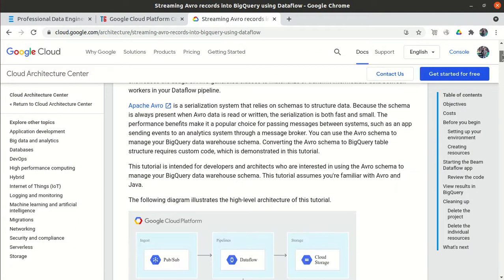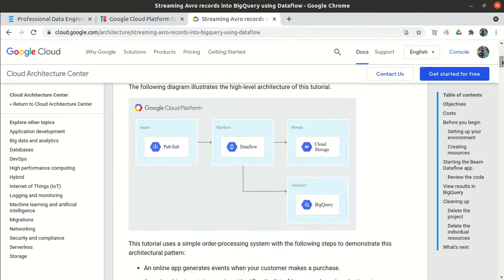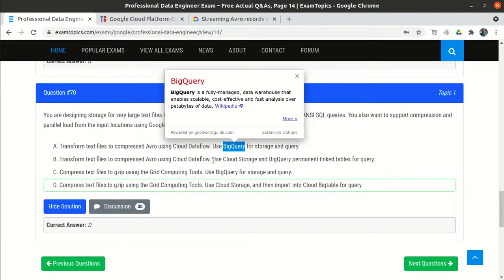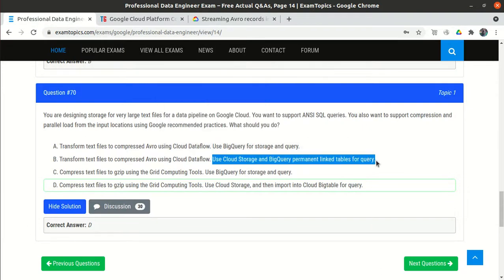If you go down, there is Pub/Sub, then Dataflow, then Cloud Storage, onto BigQuery. Here they have mentioned Cloud Storage as well. One minute. Option B said use Cloud Storage and BigQuery permanent linked tables.